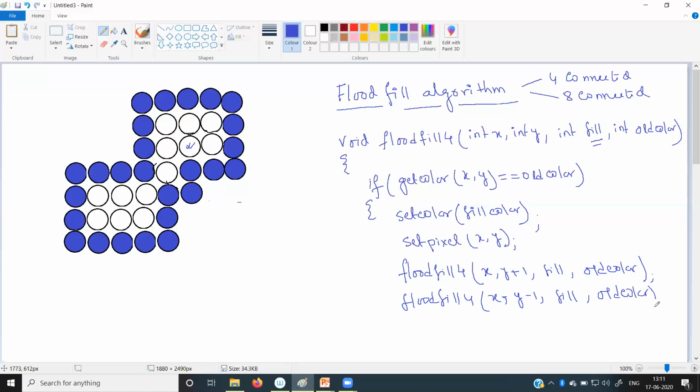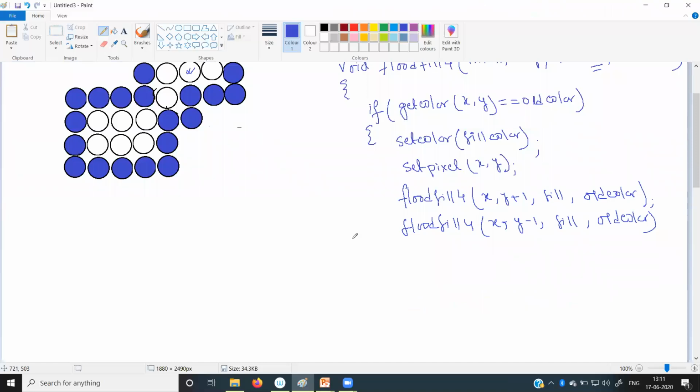Then it will call this flood fill function again for x minus 1 comma y, fill color, old color, and then x plus 1, y.